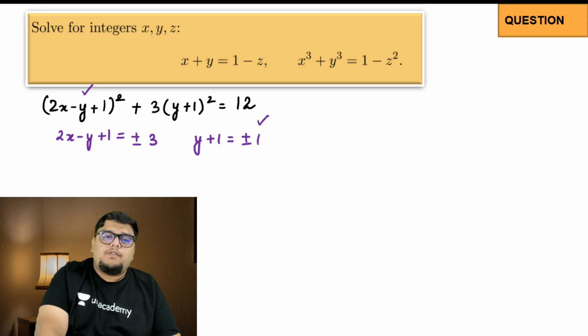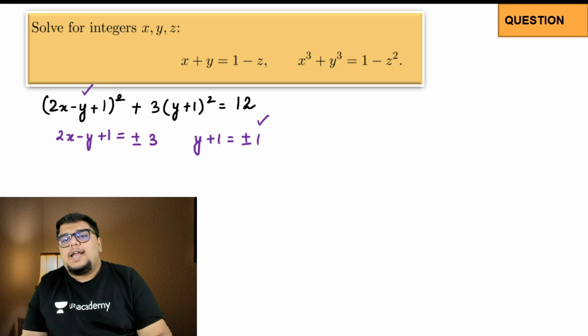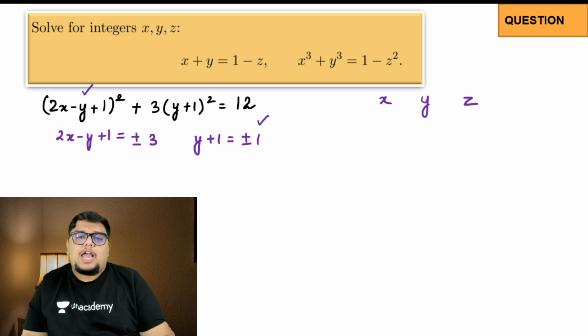The square of 1 will be 1, plus minus I don't really care, because once squared it will just be 1. 9 plus 3 is 12. Okay. So again I will take different values of x and y and I will get different values of z. First of all I will take the value of y to be 1. Let's take y to be 1. So here I put 1, so y plus 1 is equal to 1.